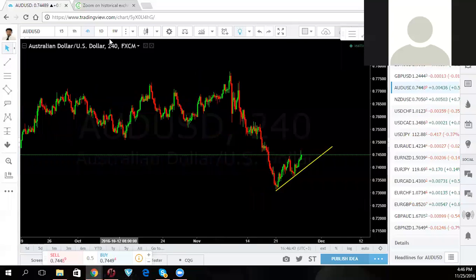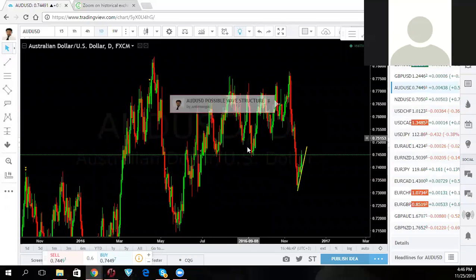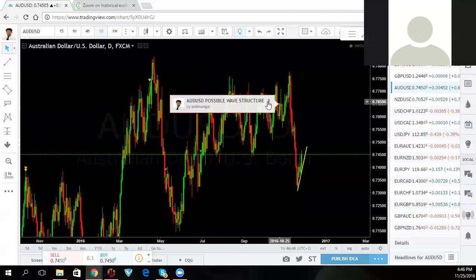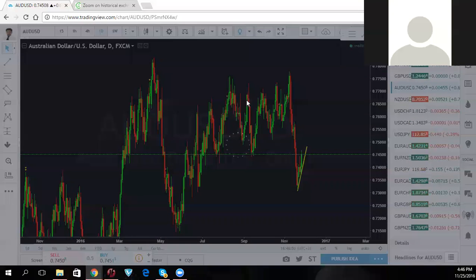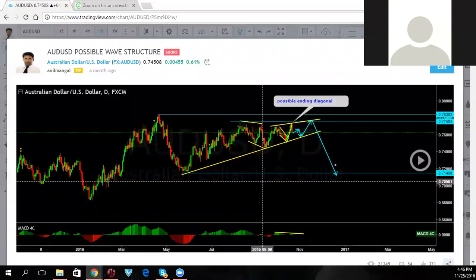Let me go back to this daily chart. The reason we got this trade is because I had a sense of direction. I have a very clear sense of what the chart should do, how it should behave. A very clear sense of direction. If you don't have that sense of direction, you have no idea what you're doing.